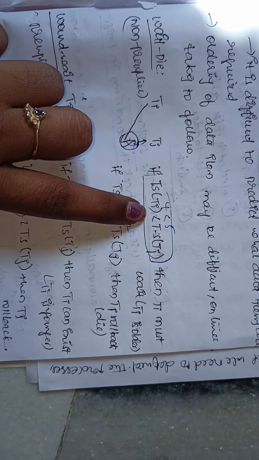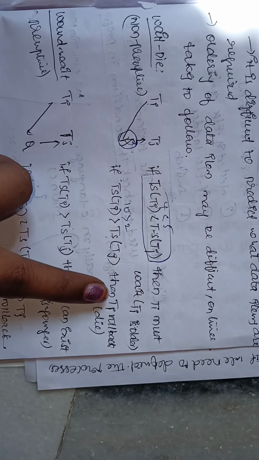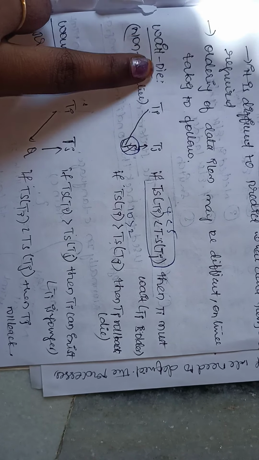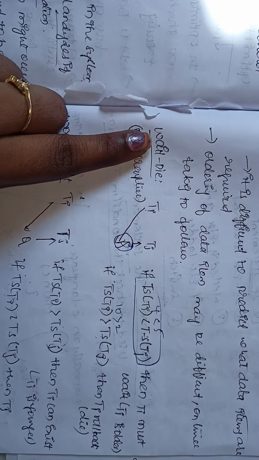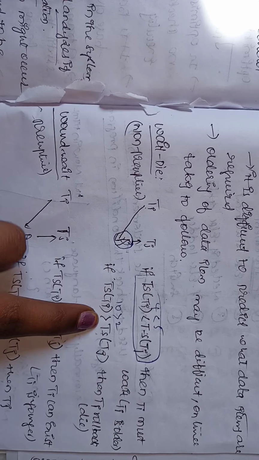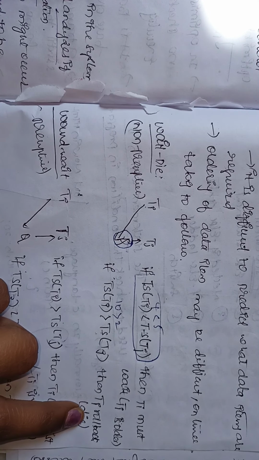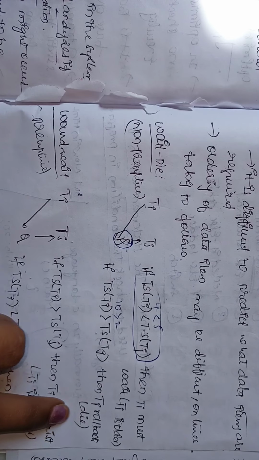There are two situations. If it is less than, TI must wait. If it is greater than, TI has to roll back. This is the concept: the less than case is for wait, and the greater than case is for die. If you die, you can do the rollback again and get the chance to come and sit in the queue.